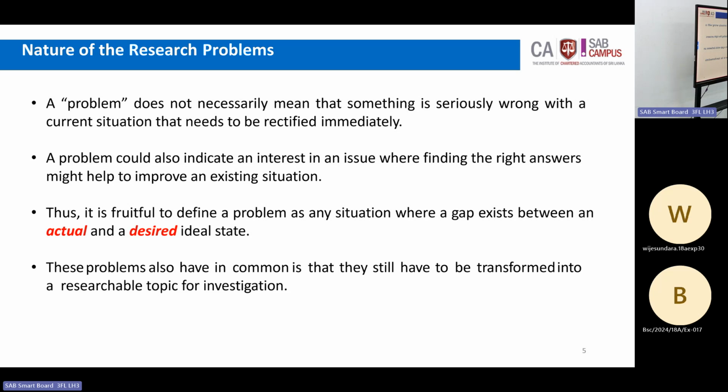So what I discuss about is the research problem. It's just a problem, right? But it may be a researchable problem, right? Researchable problem. Then if we come to the technical definition for research problem,